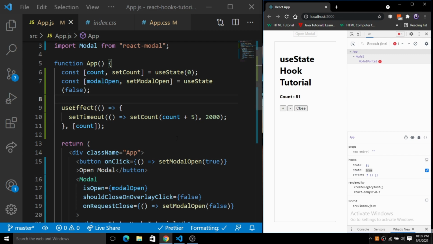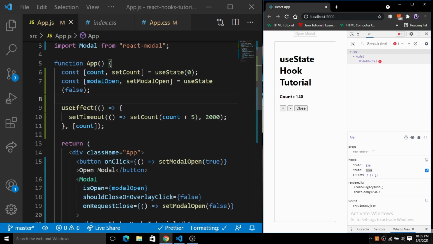So we have built this using the useEffect here. This useEffect is going to run a single time, no matter whether you pass the dependencies inside the dependencies array or not.